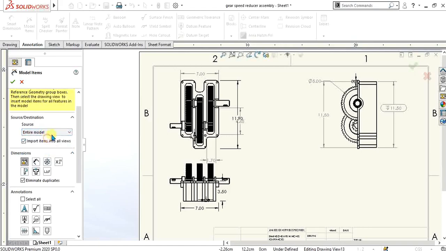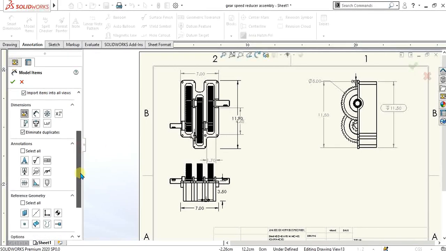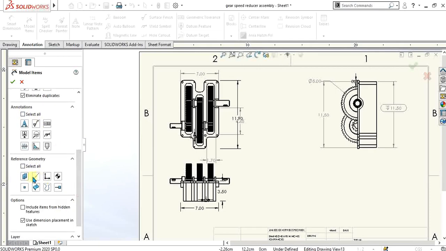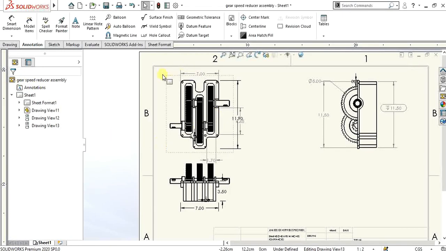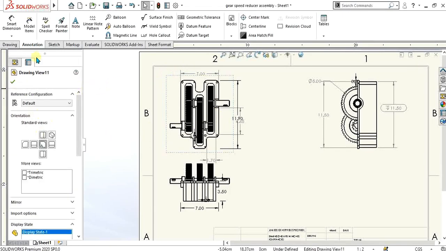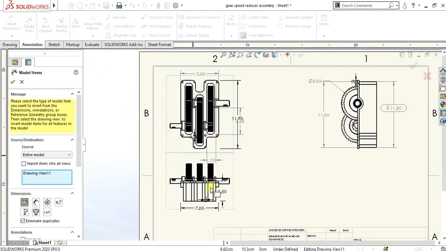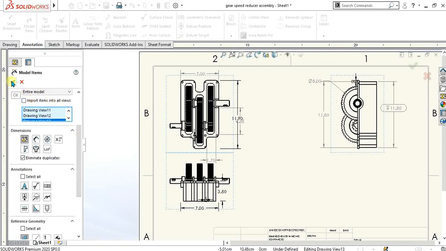So if I select the entire model, and from here I select the notes or anything else like center line or plane, it will import every dimension. Select this view, select model items, and select all views you want to extract the dimension.